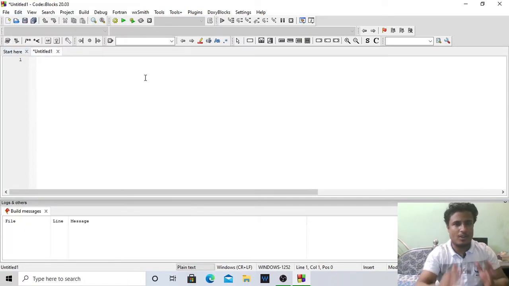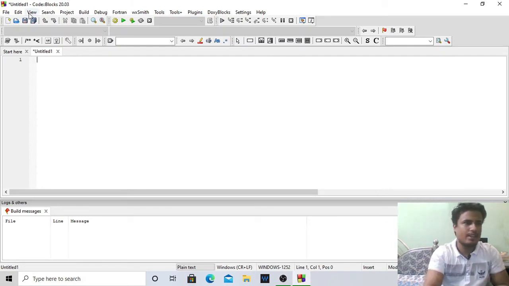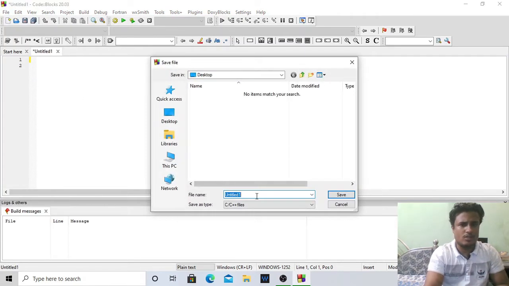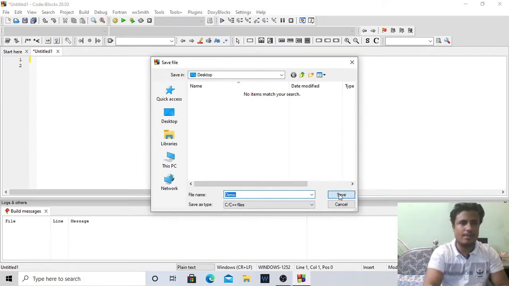Why were we saving earlier? Because we just want to convert it into a .c file, because this IDE, Code::Blocks, also works for C++ as well as Fortran or any other language. So we have to provide the dot extension for the file. We will be creating a C file on the GCC compiler, so we will use .c. Save the file, click on File, click on Save File, choose your location. I am choosing the desktop itself. Let me write it as demo, save it.